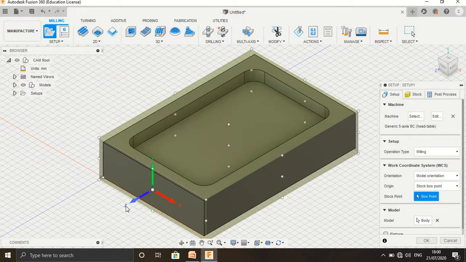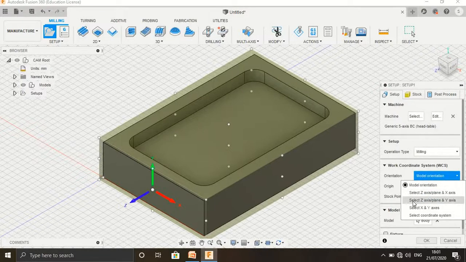Then we require to set the coordinate system, that is the Z direction, parallel or towards the tool. For the work coordinate system orientation, we select from the number of options provided: select the z-axis plane in x-axis, select the z-axis plane, and for y-axis select xy-axis.